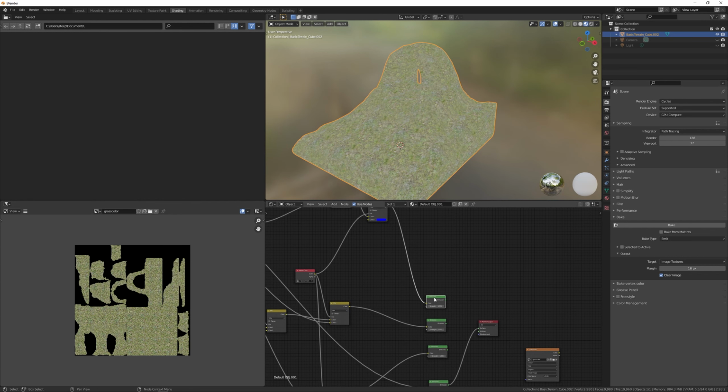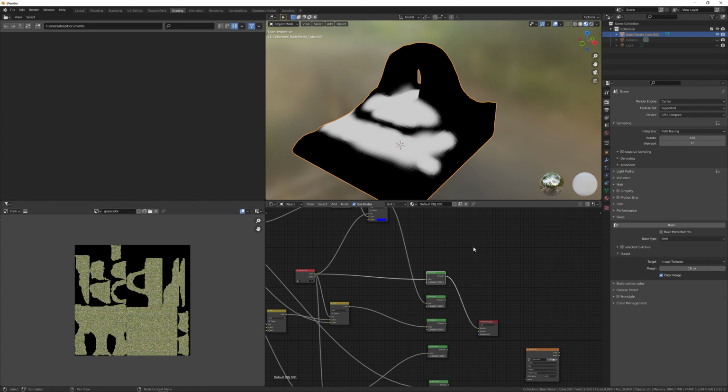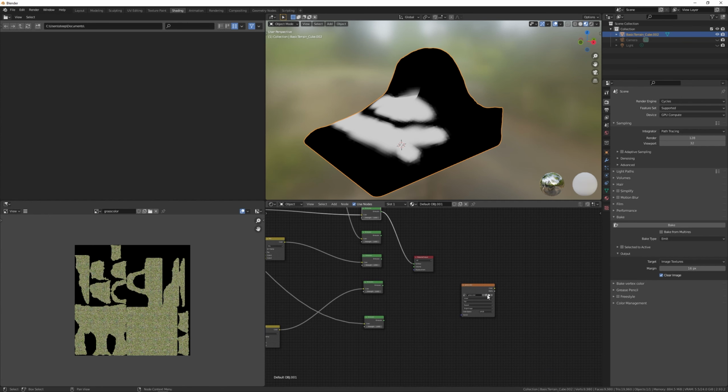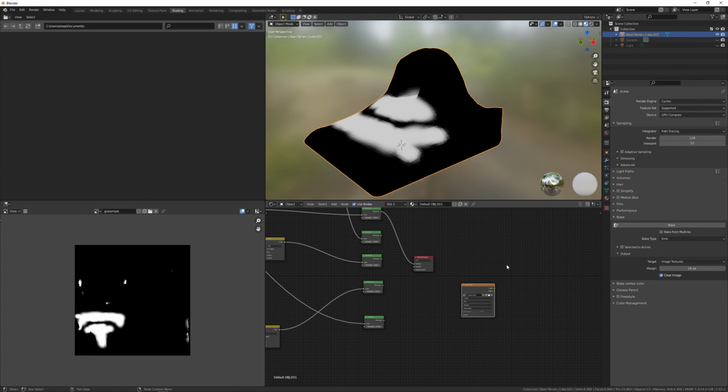Final thing I'm going to do, I'm going to take the output from the grass mask into this one. And here I have my grass mask. Texture, grass mask, select it, bake. Go, save it.